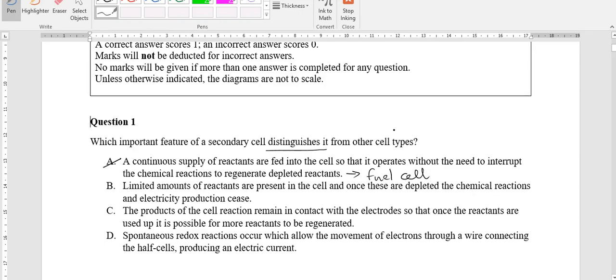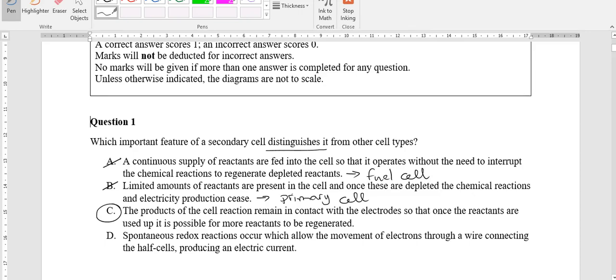B, you have a limited amount of reactants. So once these are depleted, the chemical reactions and electricity production cease. This is a primary cell. Okay, so it's not B either. Part C, the products of the cell reaction remain in contact with the electrodes so that once the reactants are used up, it is possible for more reactants to be regenerated. Definitely, this is C. This is the unique feature of a secondary cell that allows it to be